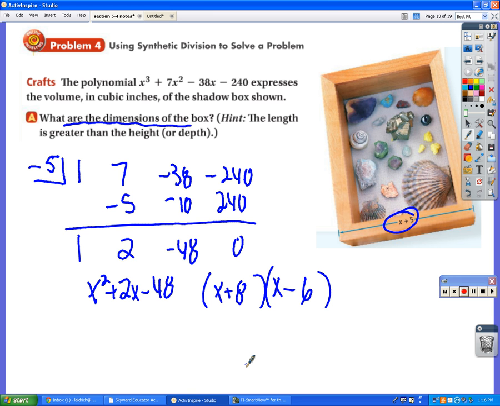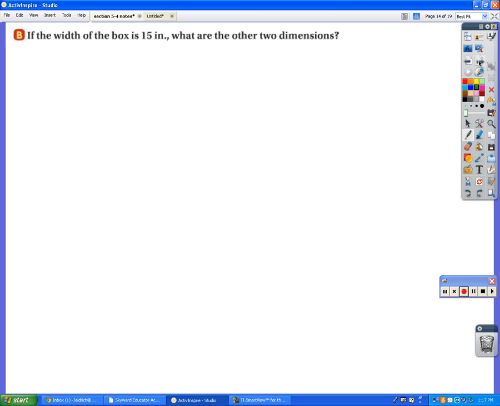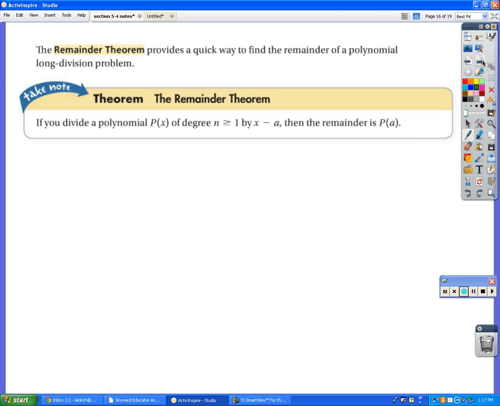Okay? All right, there's one more super handy thing about synthetic division, and that is that it can also be used to figure out the value of an expression at a certain number. So do you remember when we were doing those quadratic equations and we had to find the vertex, and we did the negative b over 2a to find the x-coordinate? And then we took that and plugged it in to find the y-coordinate. A lot of times that was a real pain. You can plug things into